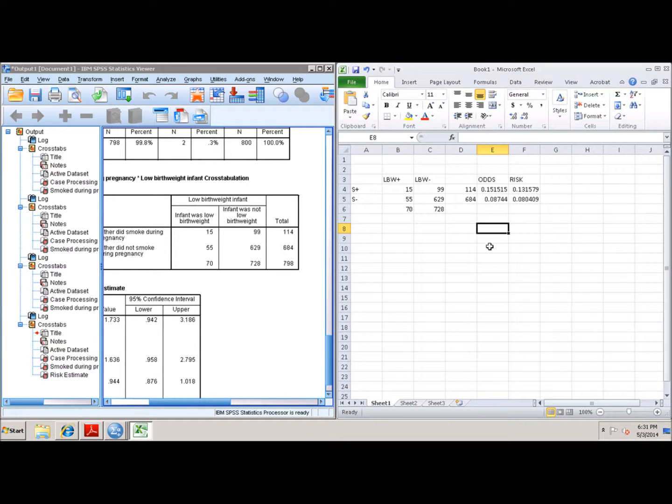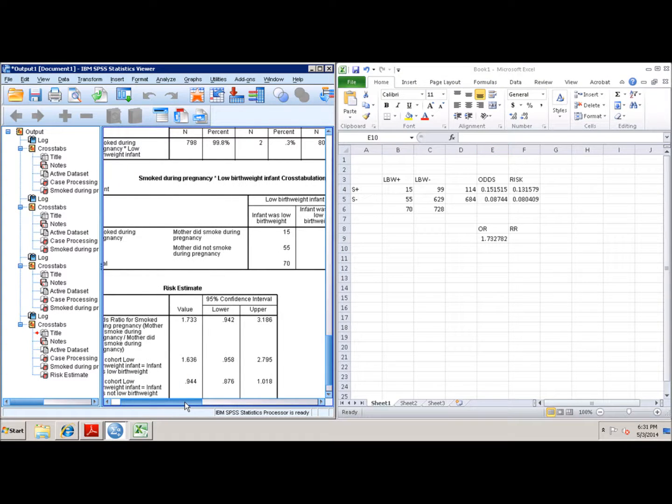So the odds ratio, the risk ratio, is simply dividing the odds of low birth weight among those who smoked by the odds of low birth weight among those who did not smoke. So we take this value here, we divide by this value here, and we end up with 1.73, and we see here in our SPSS output